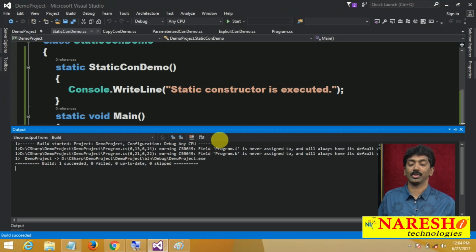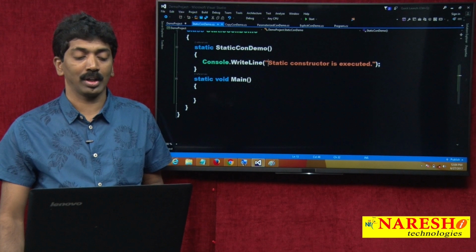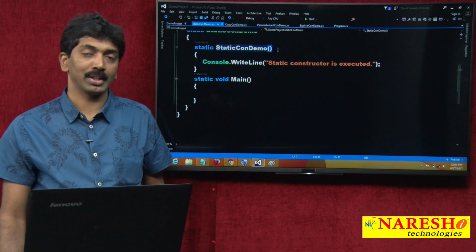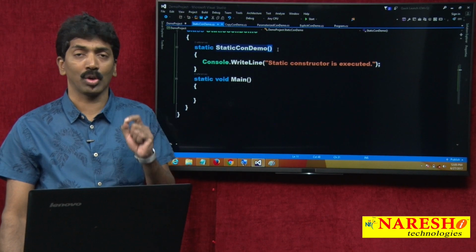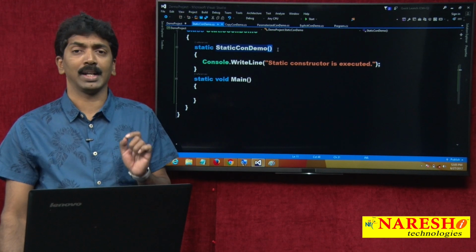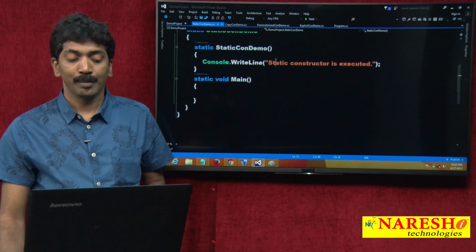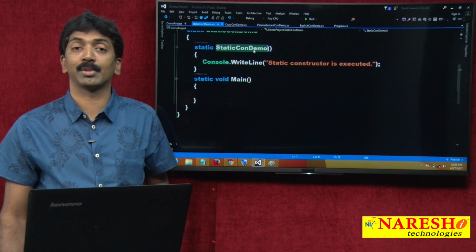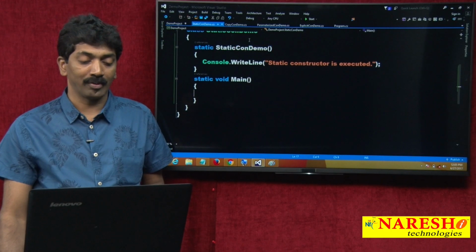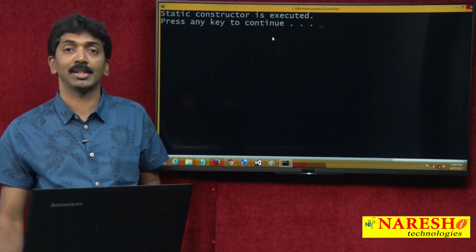Static constructor is executed. So actually I did not call the constructor anywhere, but earlier the constructors what we discussed, like non-static constructors, we called them explicitly, and I already explained in the first video, non-static constructors must be explicitly called, no chance for implicit call, but here static constructors are never explicitly called, they are implicitly called. And because they are implicitly called for us, you can notice it when I run the code, straight away the constructor is executed.